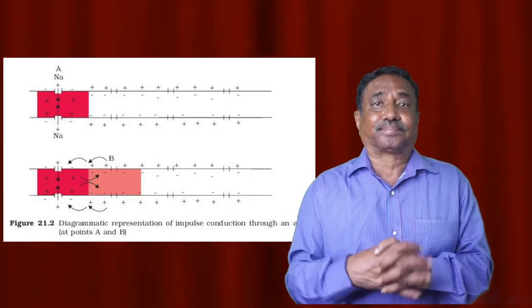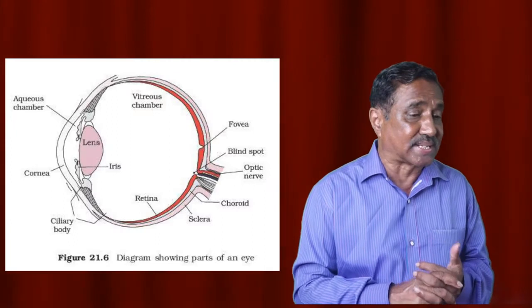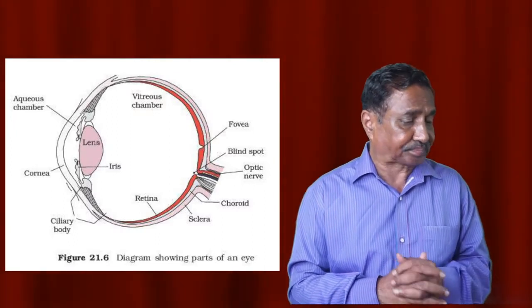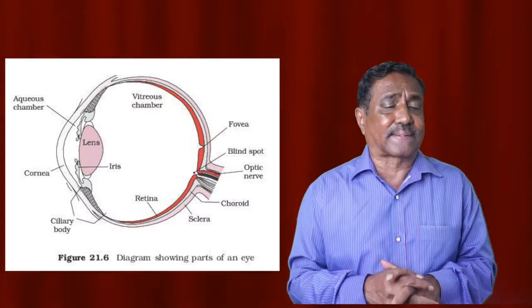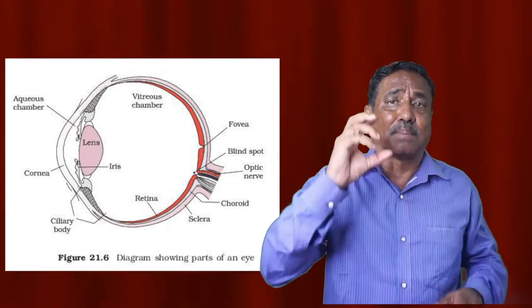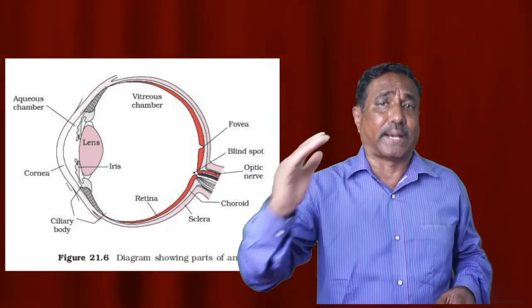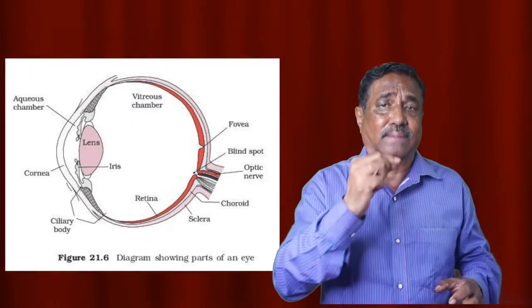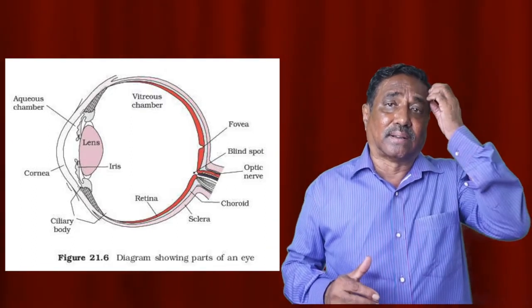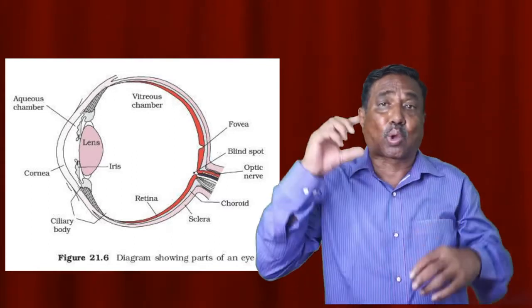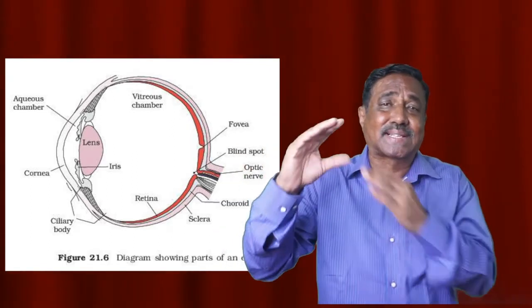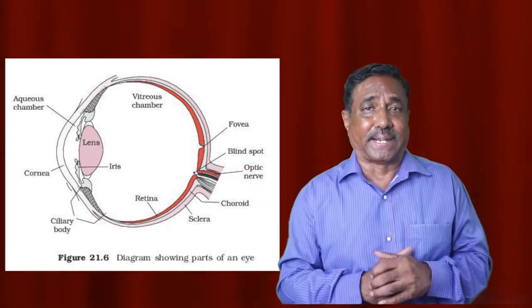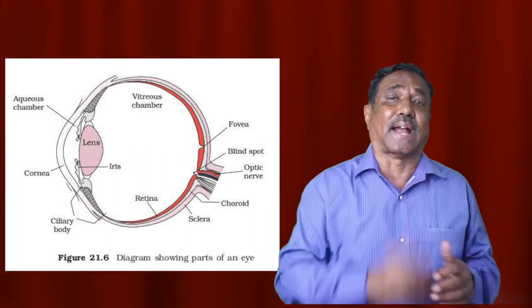After this, the sense organs. Eye is the sense organ which receives the stimulus light, and this eyeball is composed of 3 layers: sclera, choroid, and retina. Sclera is the outermost layer, and choroid is the thick region which has blood vessels, and thin in the anterior region and